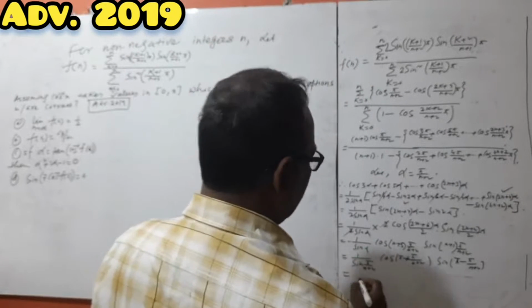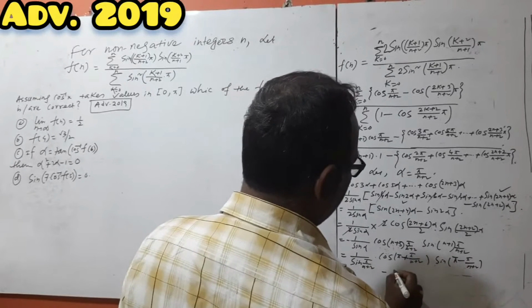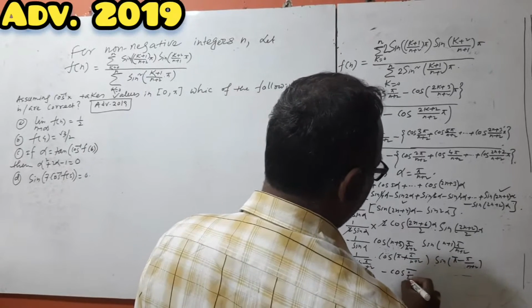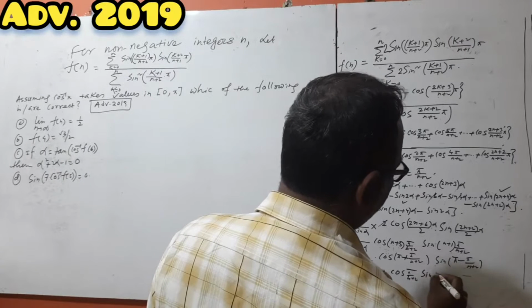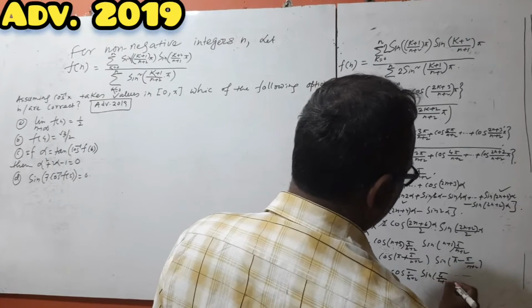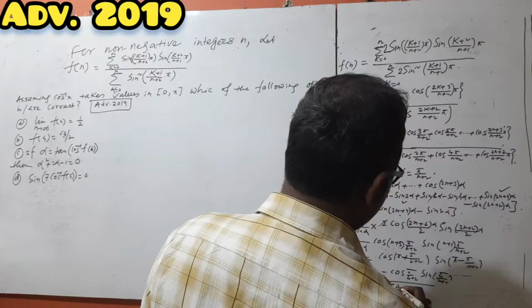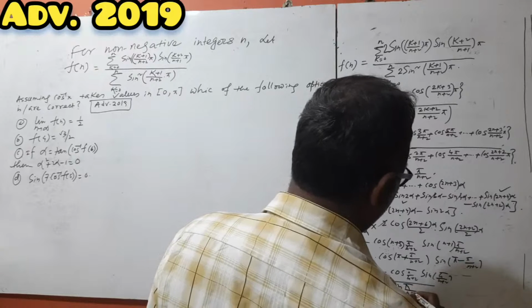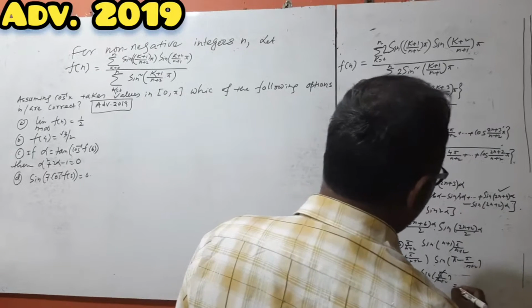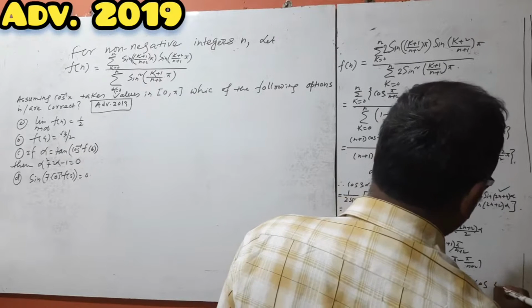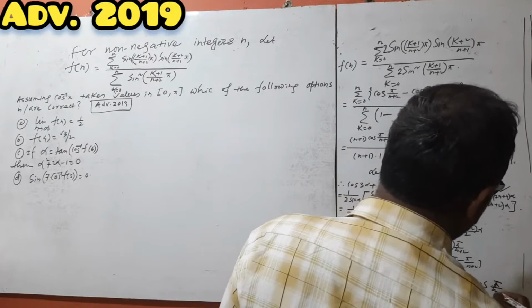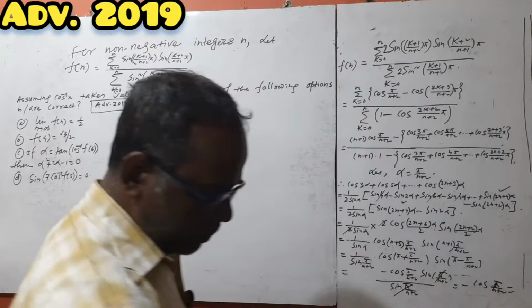So this is minus cos of pi over n+2 and sine of pi over n+2, over sine of pi over n+2. So these two are cancelled out. We got here minus cos pi by n+2. Okay,